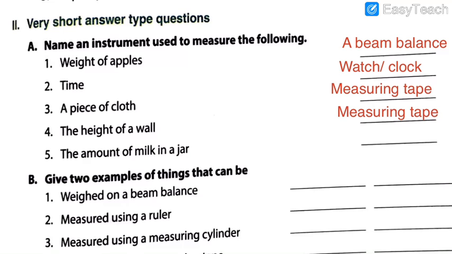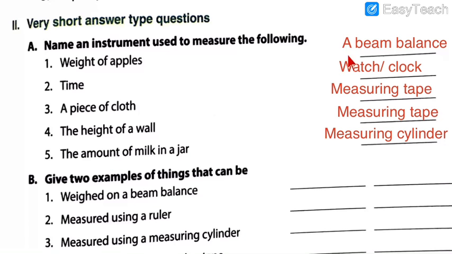1, 2, 3, 4 and 5. Obviously the correct answer here is again measuring cylinder. So measuring cylinder is used to measure liquid. Milk is also a liquid. Whether it is in a jar or anything else, we can use a measuring cylinder to measure the amount of the